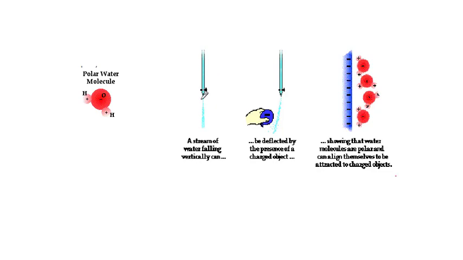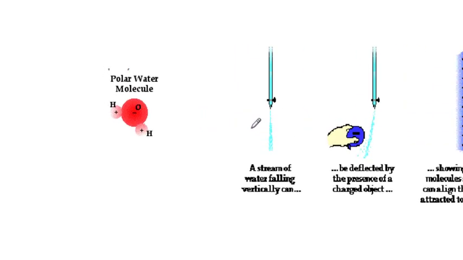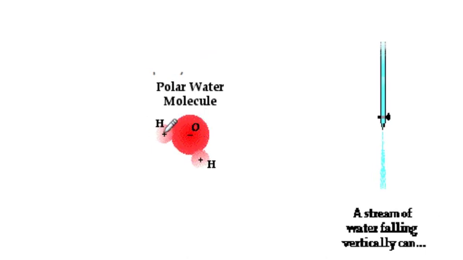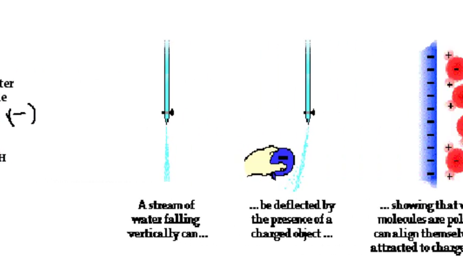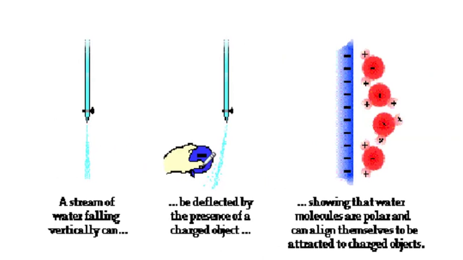Another example of where polarity will be the cause of a certain phenomena is with this idea of bending water. So if you have water just coming down straight, water is polar because the hydrogens have less affinity for the electrons than the oxygen. Oxygen very much wants the electrons. So this actually creates a partial negative side and a partial positive side for water. So when it's coming down, if you put a negative balloon here, basically a negative charge here, it's going to cause the water to